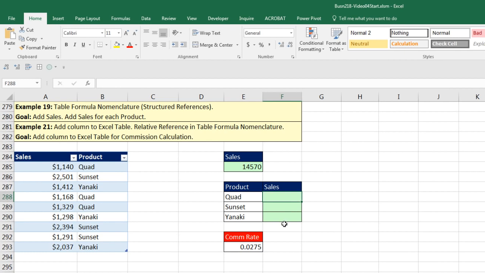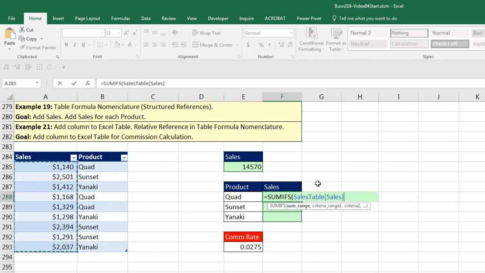locked. Now, later we'll see an important difference between defined names and table formula nomenclature when you're copying a locked range. But right now we're just going to put SUMIFS. Sum range. There it is. Table name and field name in square bracket, comma. Criteria range. I highlight table name, field name in square brackets, comma, and I have relative cell reference. Now I can close parentheses,